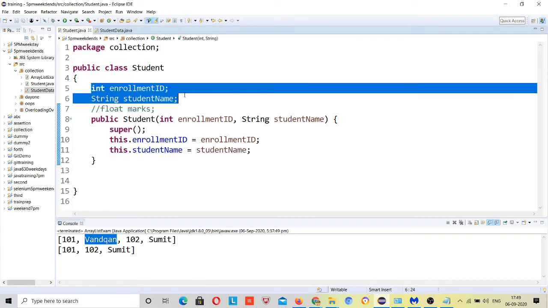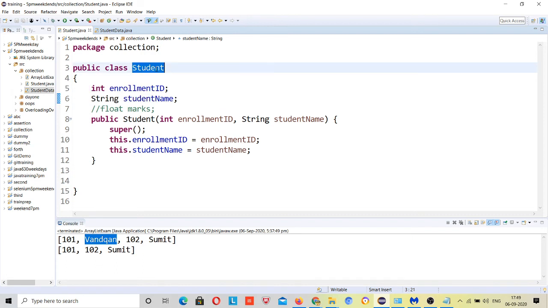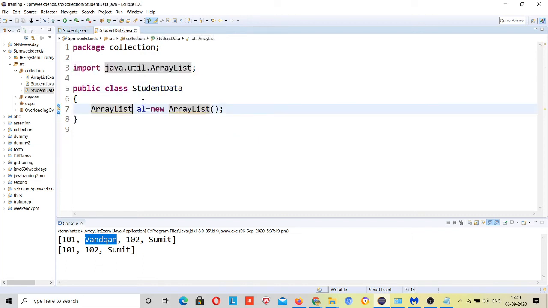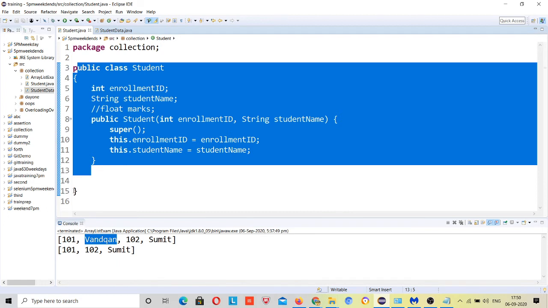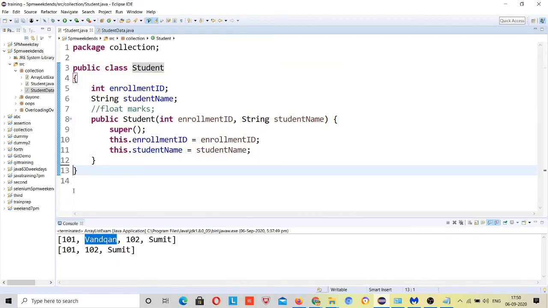elements. So what type of data is student? Just pass Student here. So your ArrayList type will be Student, right? Now you will be able to add only Student type of data in this ArrayList. So what does it mean? Student type data is what? This class is a type. You normally have heard type. So Student type of data you will be able to add, right?